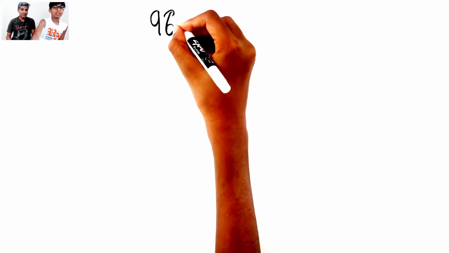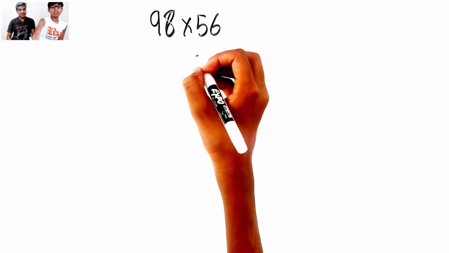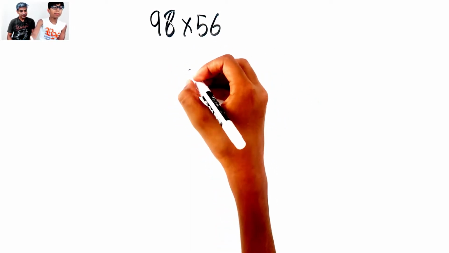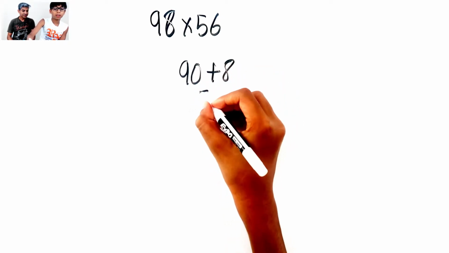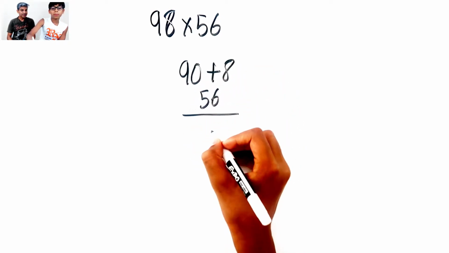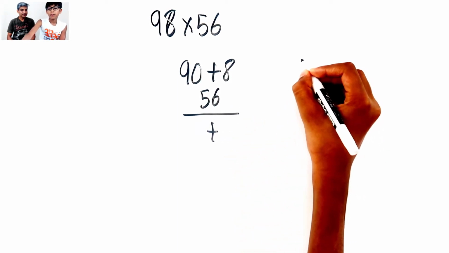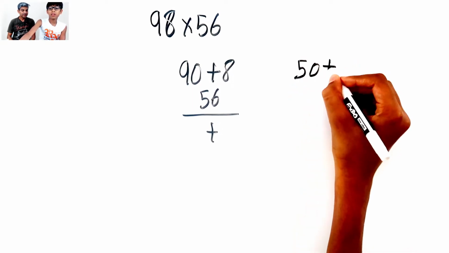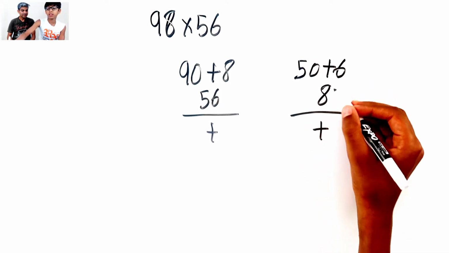98 times 56. So I've just put 98 times 56 to remind me, and then I split the 90 here, 90 plus 8, and then I put 56 here, and then I put a line in the plus here because we'll need it later. Then 8 times 56 is a really big number, so I'll just split the 50, 50 plus 6, and then 8 under here, and then there, and plus 8 times 6,